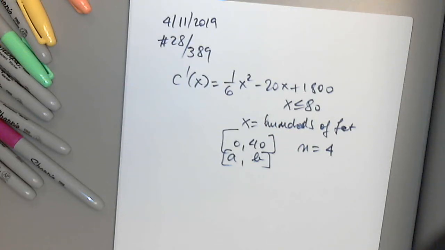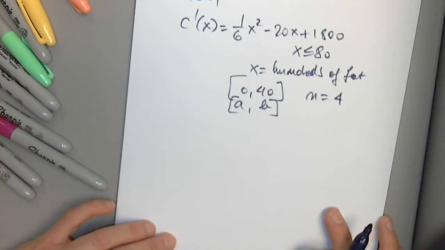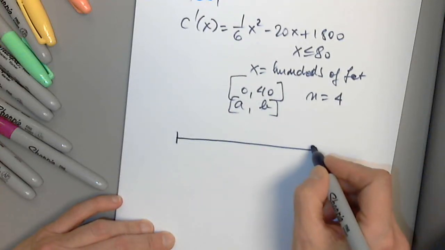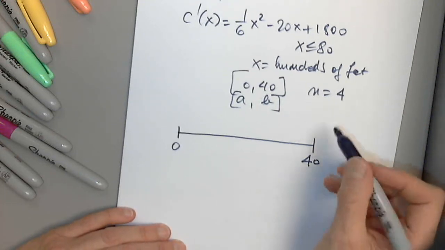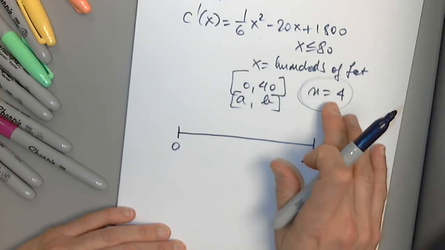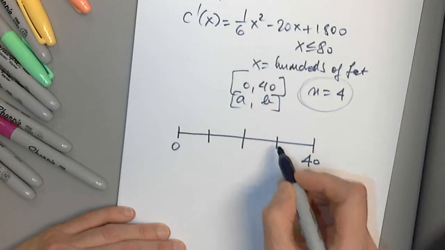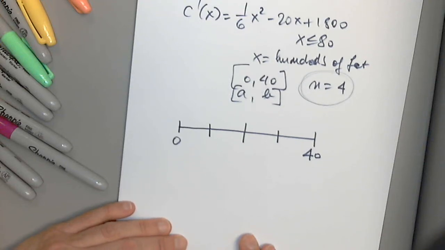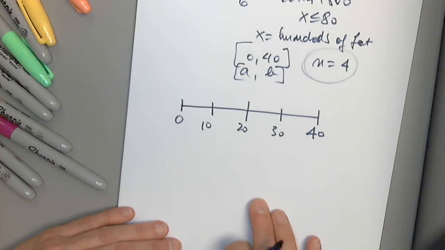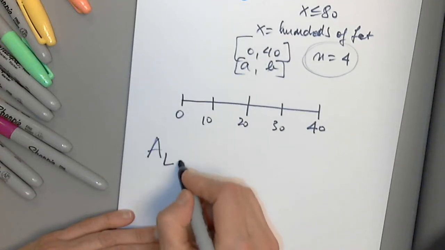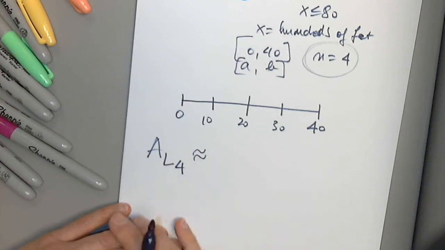Okay, so they want the left endpoint. Good. So I don't need to graph the function. All I need to do is realize that this is the interval 0 to 40. They're asking us to divide it up into 4 equal subintervals. Here it is: 10, 20, 30. So the area with the left endpoints will be approximately,